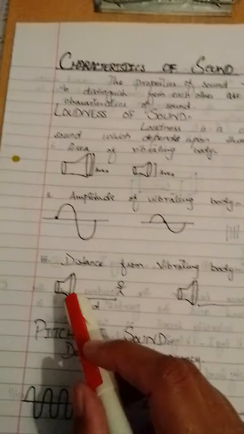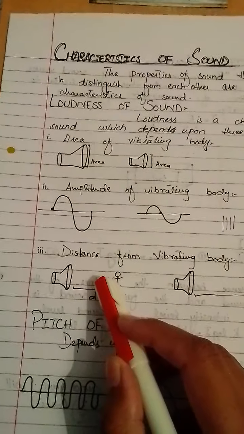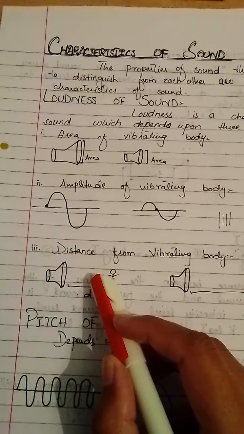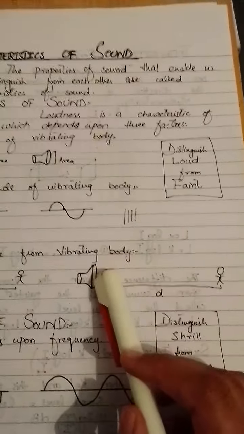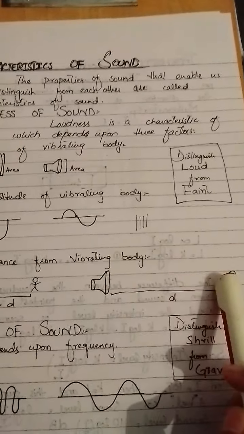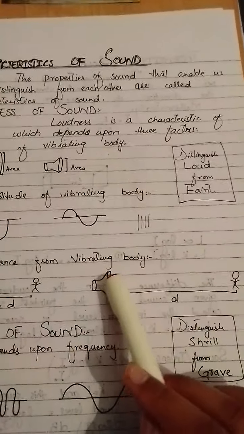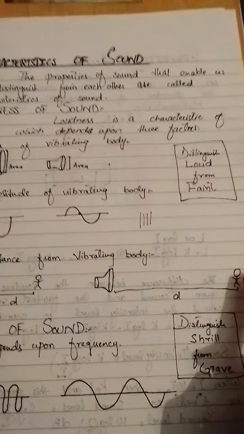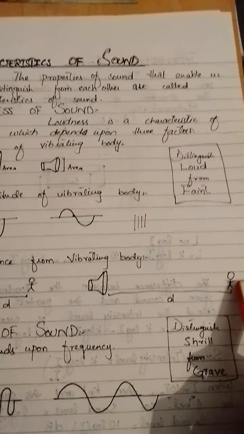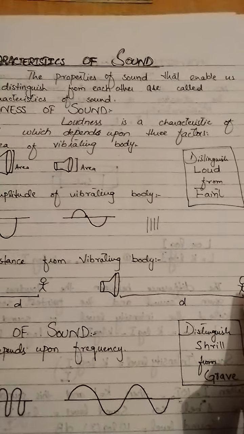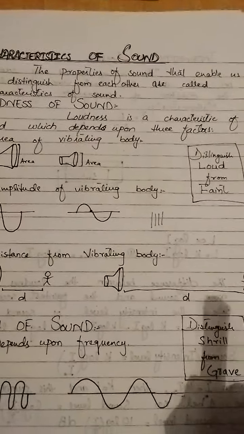It happens because as the sound travels through the medium, it loses its energy. As it loses its energy, it loses its amplitude. Okay, here the distance is much greater. So while traveling from this point to this point, the sound wave has already lost pretty much of its energy. Therefore, the person standing over here can hear a fainter sound, a less loud sound.